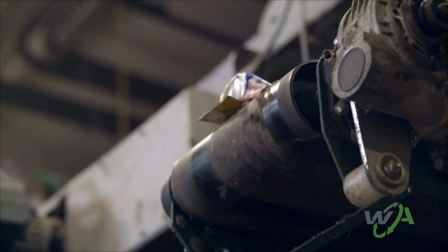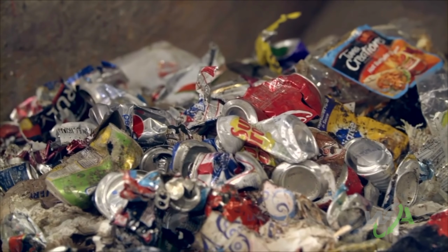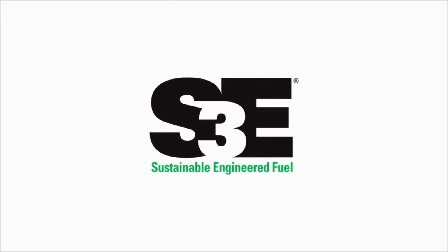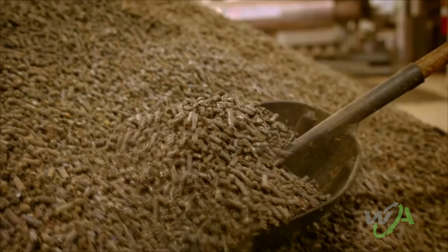We pull out the recyclable materials, the metals are pulled out, some of the plastics are pulled out, and then 70% of the end product is our SE3, which is a clean, sustainable fuel that's been approved by EPA for